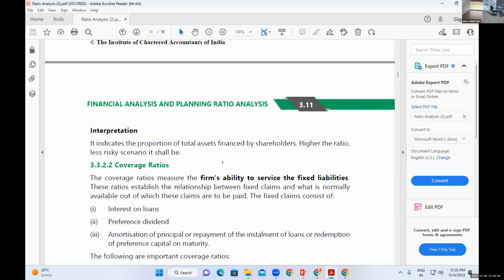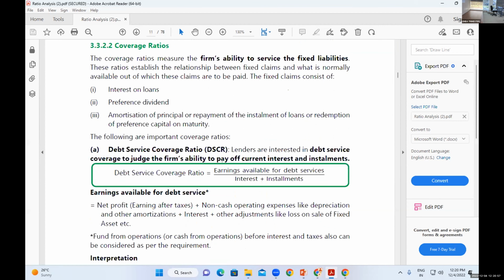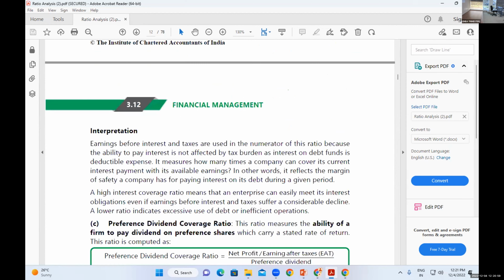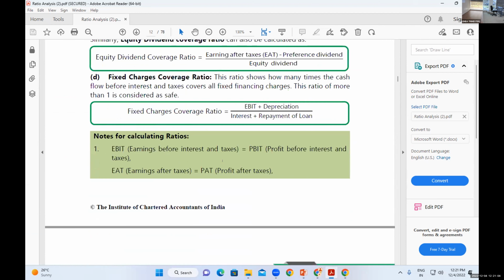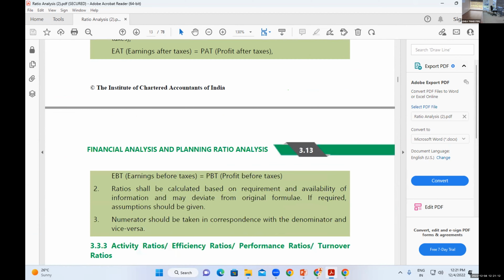You can ask me a question, sir. There are so many ratios. Which one do I have to take? If I want to take one number, tell me one, yes or no. For that, these are all to be grouped into one particular formula. We have a concept called